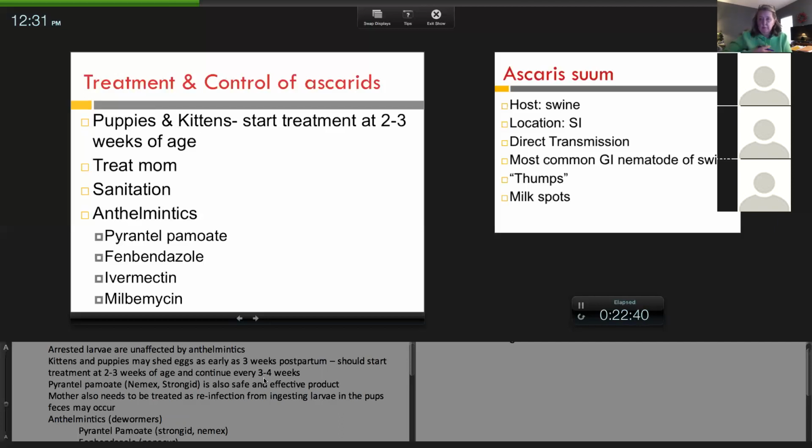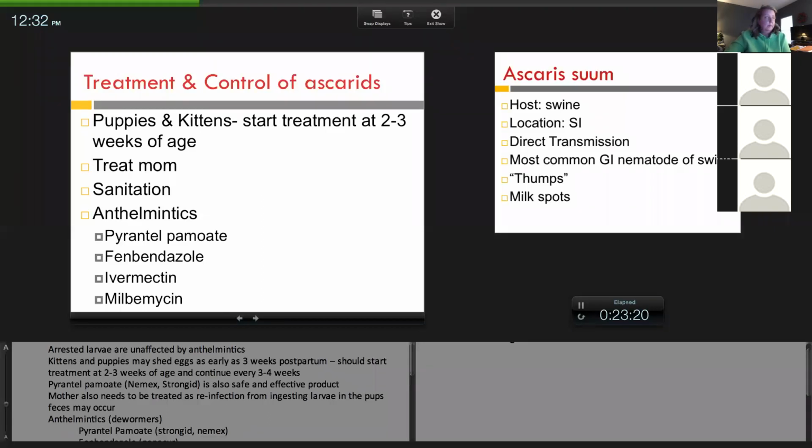And this is what I tell owners, because some owners might say, well, they already had a worming at their breeder. Well, parasites emerge at different stages at different times. If you explain that worming is going to kill what had emerged at that point, except 3 to 4 weeks later, we're getting the next part of the cycle. Just in case someone tries to say we don't need that, you should. And obviously cleaning well is going to help minimize infection: picking up stool in the yard, not leaving stool in the cage,